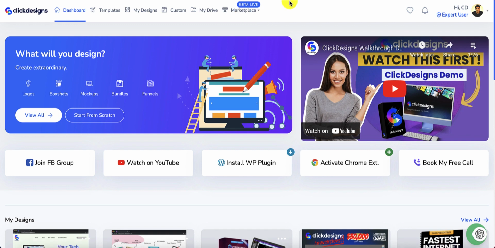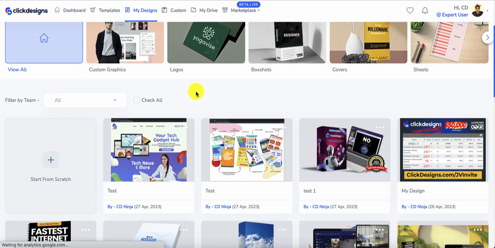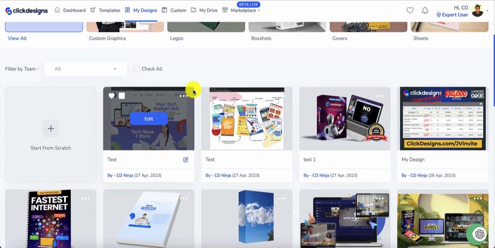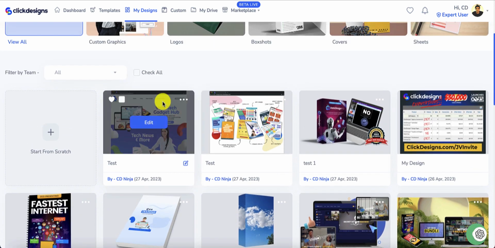The first thing that you need to do is log into your ClickDesigns account. Right after that, click on My Designs. You will see all the designs that you've created right here. Once you hover over a design thumbnail, you will notice this tiny square right here. All you need to do is tick that and select whatever files that you would like to move into a